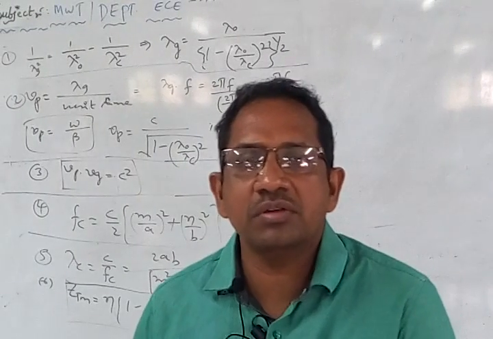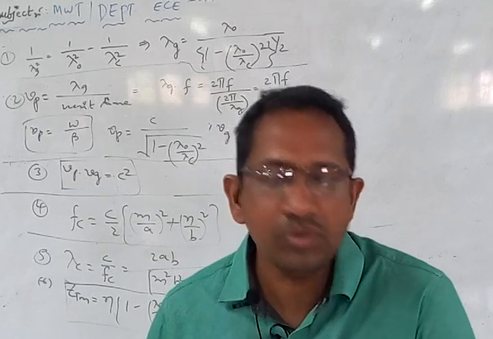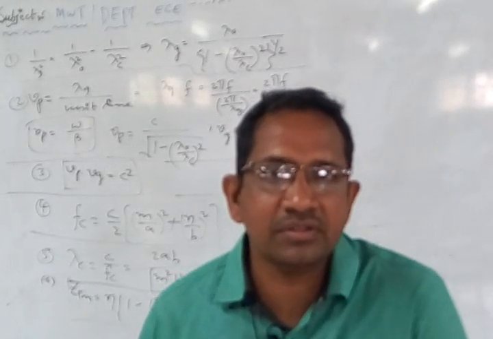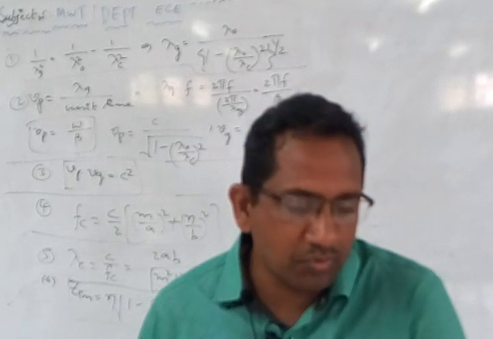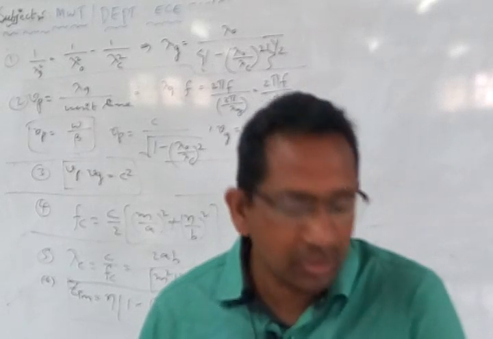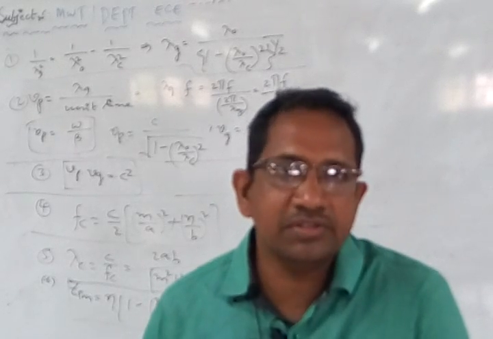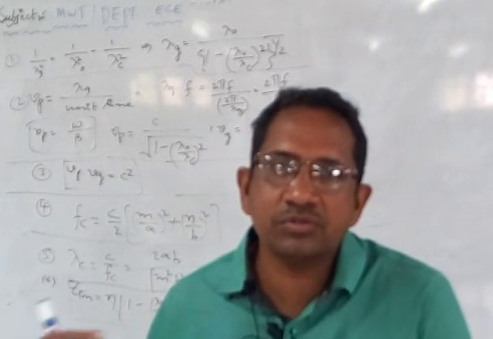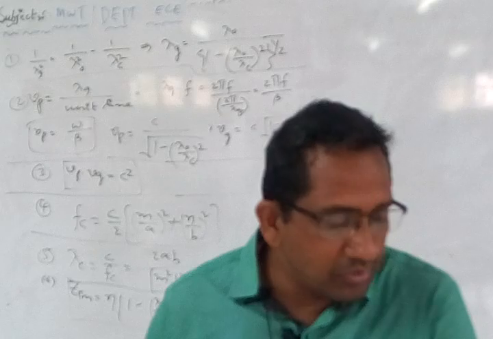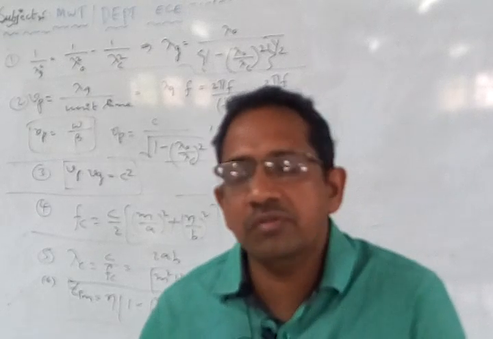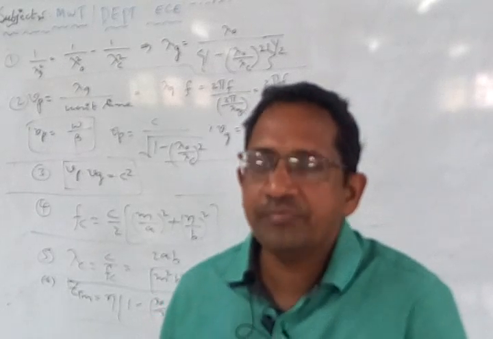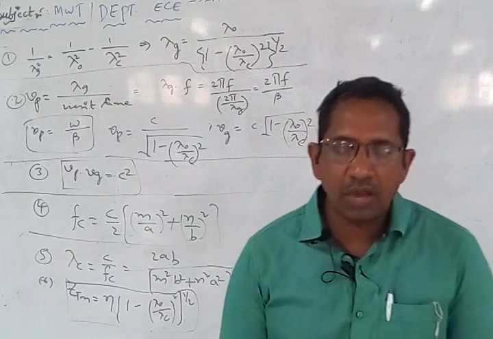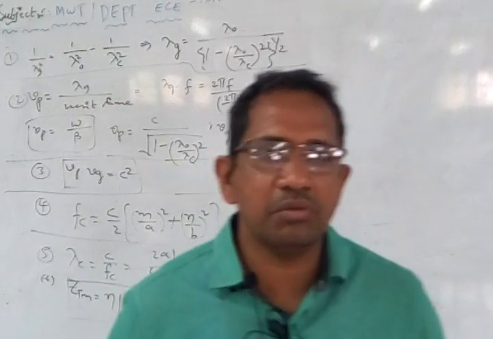After we discuss microwave circuits, we come back once again to unit number 2 to discuss the resonators, cavity resonators. A cavity resonator is also one of the microwave circuits, normally used to generate oscillations. So after today's class, in the next class we will go with the third unit, where we discuss the microwave circuits. Then we come back to the cavity resonators, which are part of the microwave circuit.